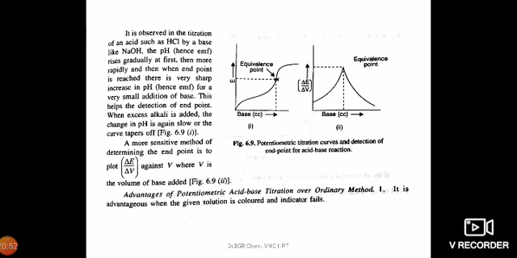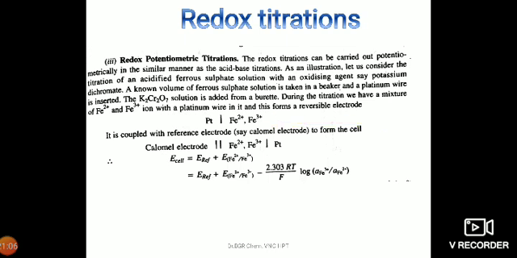And this potentiometric titration has many advantages over our traditional volumetric analysis. If the solution is a colored one, you can't go for volumetric analysis, but even if the solution is colored, we can use potentiometric titrations, because we are not using any indicator here. It is also advantageously employed in titrations of polybasic acids, where the indicator method doesn't work. And it is also useful in the titration of mixtures of weak acid and strong acids, where volumetric analysis does not give accurate results.